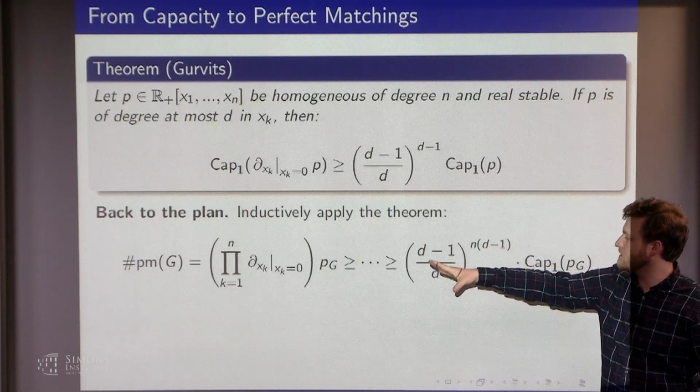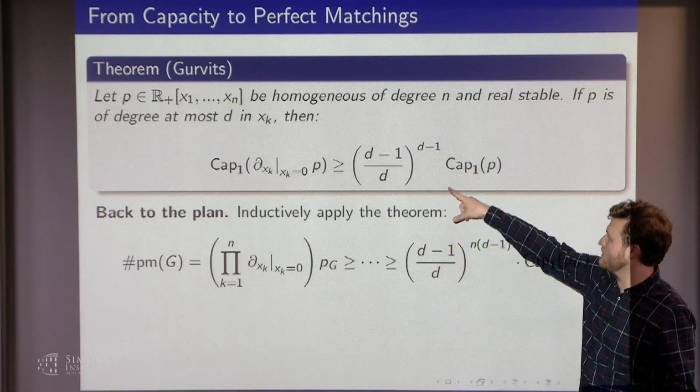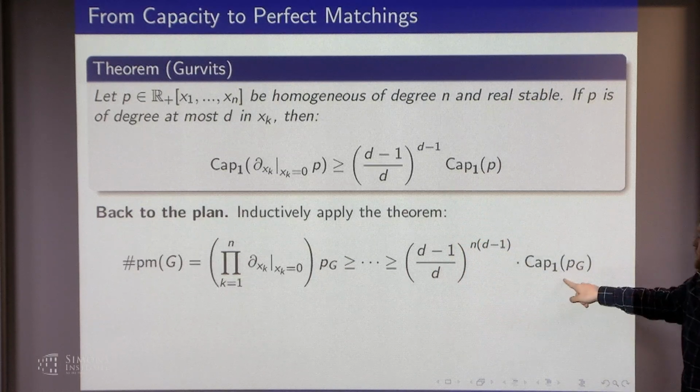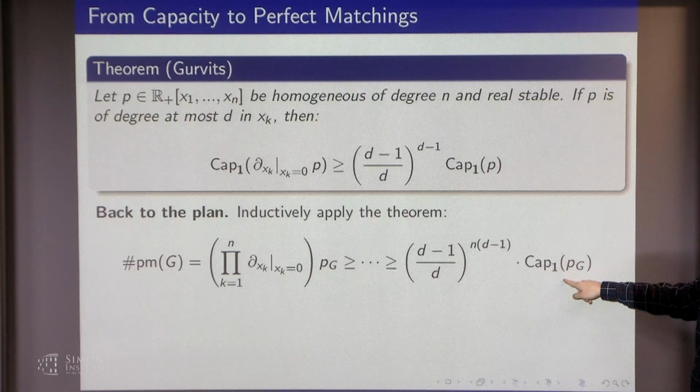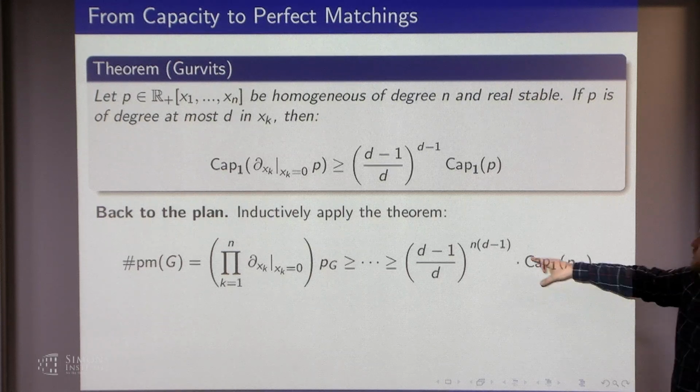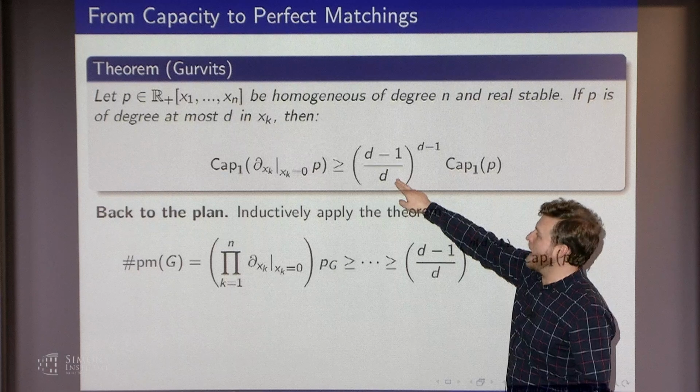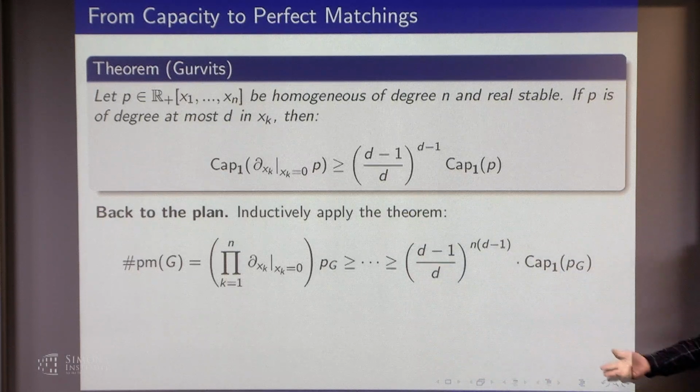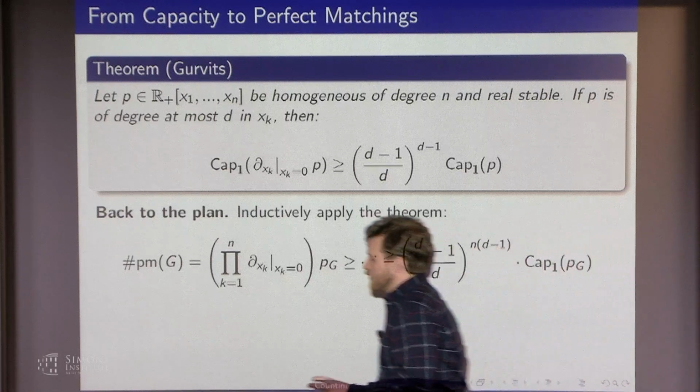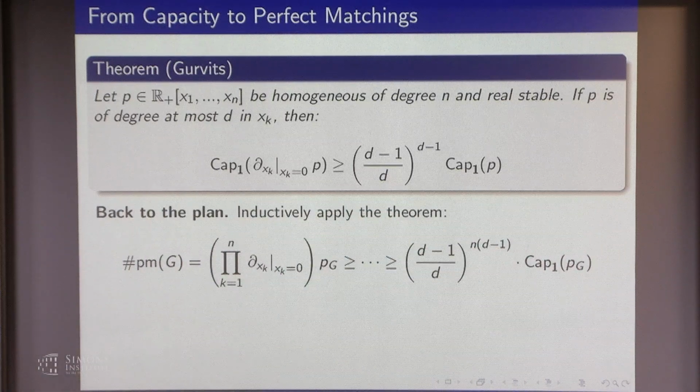You have the number of perfect matchings is lower bounded by this constant from all n variables here times this last capacity factor. And the reason why it's going to be this to the n is because of that d stochasticity property, right? The d regularity of the graph is the reason why it's going to be a degree at most d in xk. And just as a quick illustration of this, because this will come up later, if I have